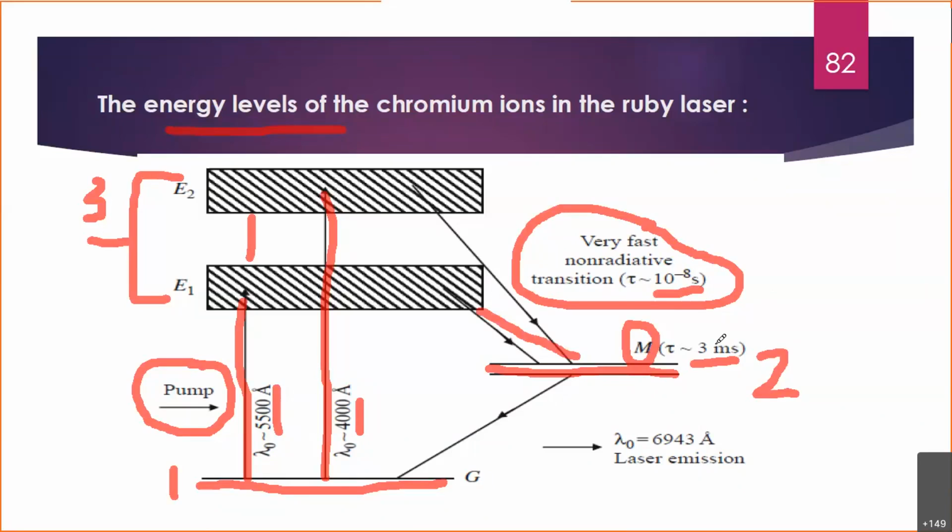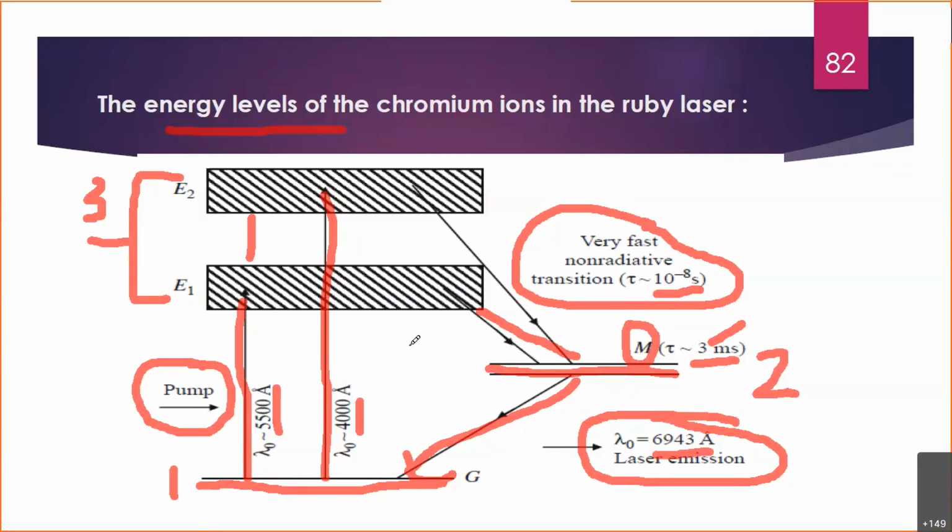Okay, and there you see again the lifetime is more, so they will spend a lot of time, and when they are going to come down to this ground level, at that time they will emit the energy, that laser light, I mean the wavelength they are going to emit. How much is the wavelength? It is 6943. Now how do we come to this number?